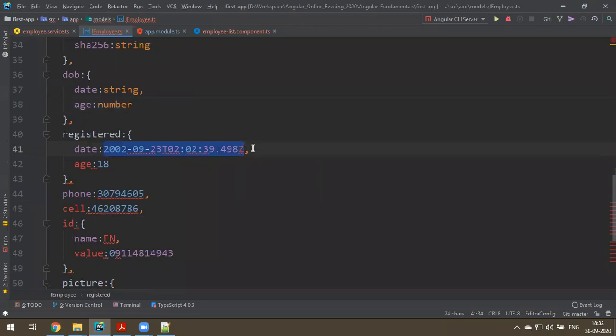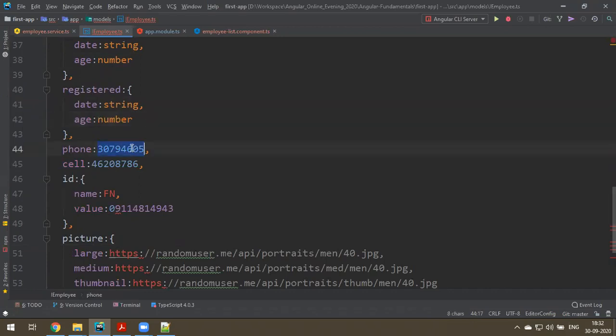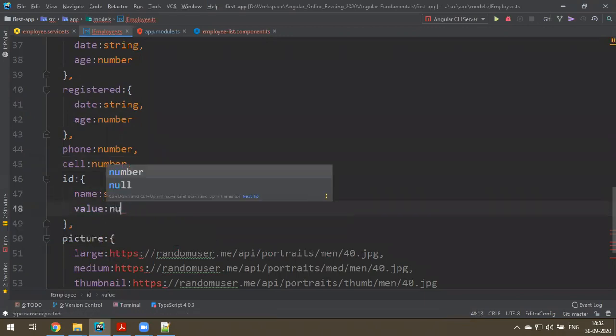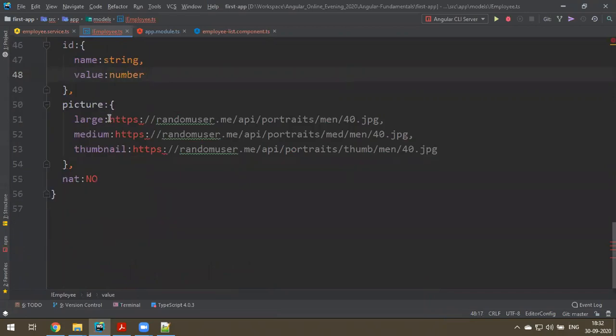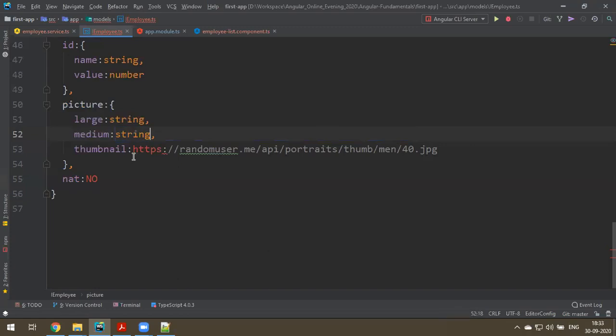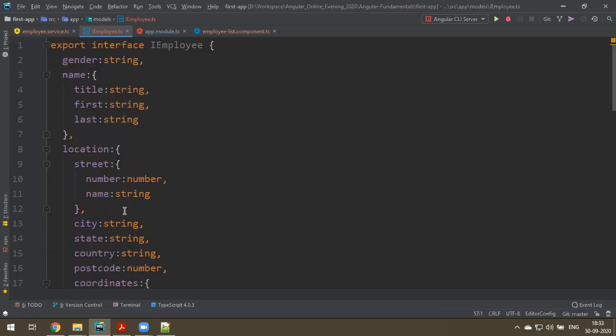This is string, number, number. Okay, so this also a string. This is string. This is string. This is string. Okay, fine. So we have defined the type of